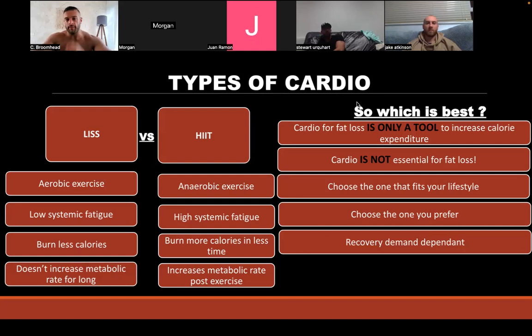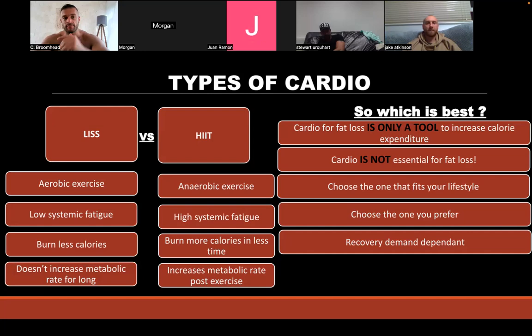So just the main thing with any kind of stuff like this, same as your training, which we're going to cover on one of the other days, you've got to find stuff you enjoy. If you don't enjoy it, you're not going to do it. So make sure you're aware of your recovery demands when it comes to this aspect, but find stuff you enjoy. So for me, I said I enjoy the bike in the morning. It's at home, jump my headphones on, I'm straight on there. Some people love a Stairmaster. I do still like my spin class. I do still like functional training if I can fit it in.